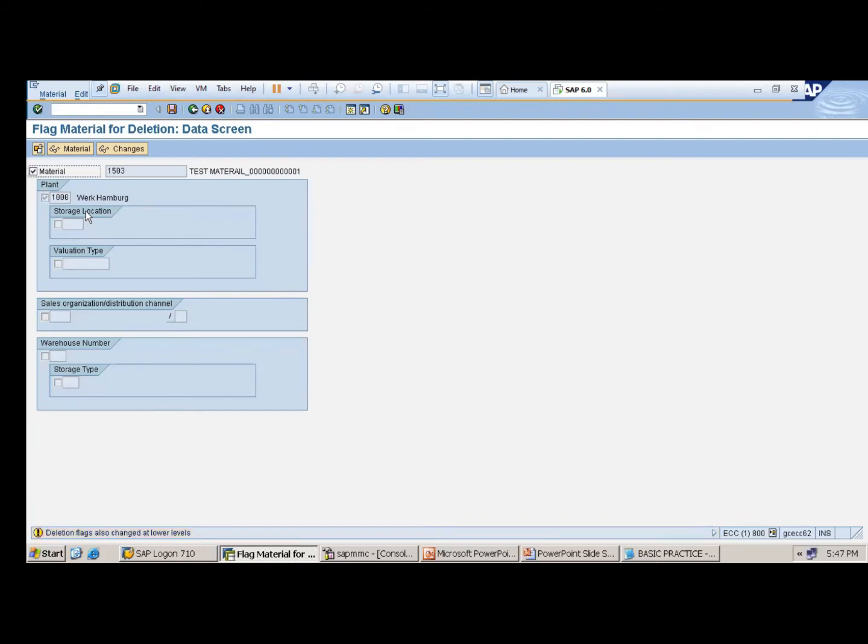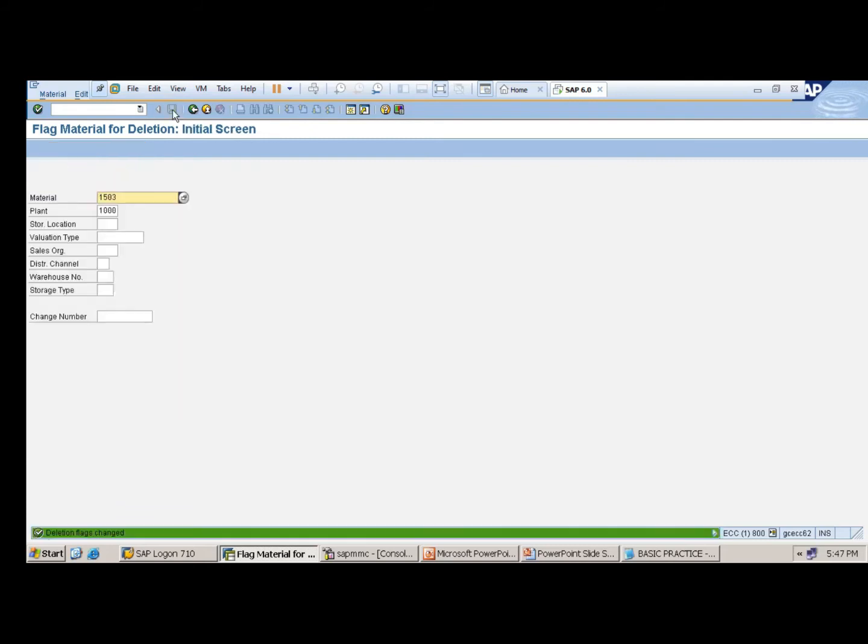Press enter. Automatically, under plant 1000, the storage location, valuation type, sales, warehouse, and storage type, everything will be blocked for this material. Then you can save. In future, it is not possible to use this material.